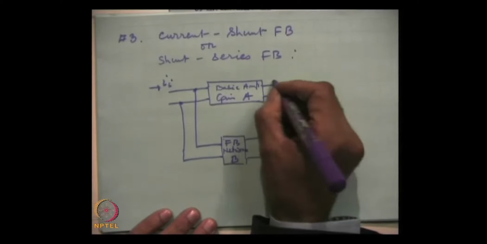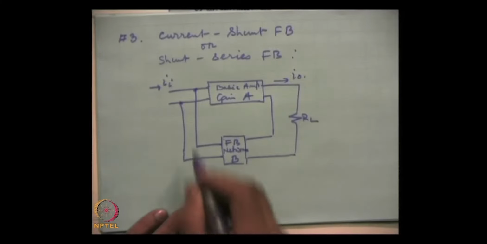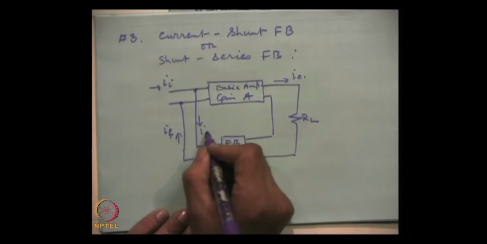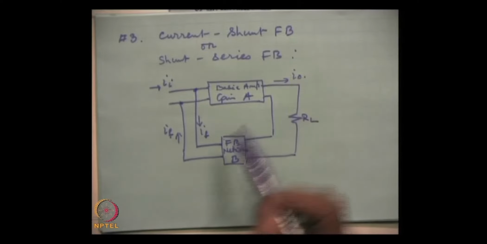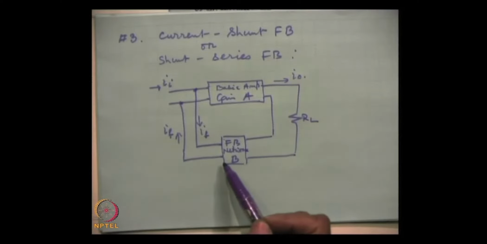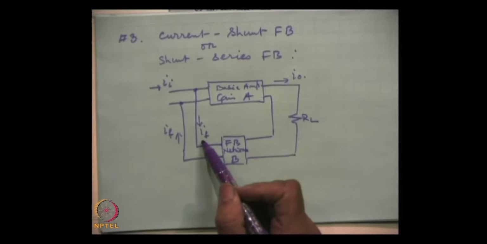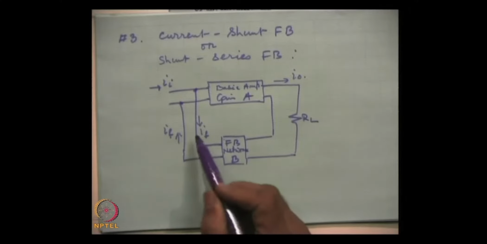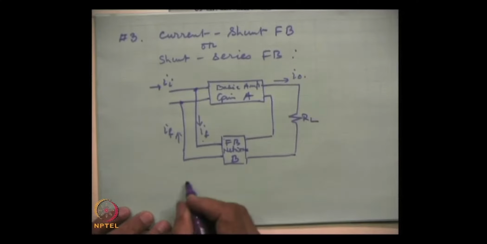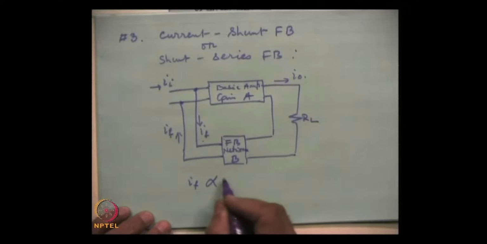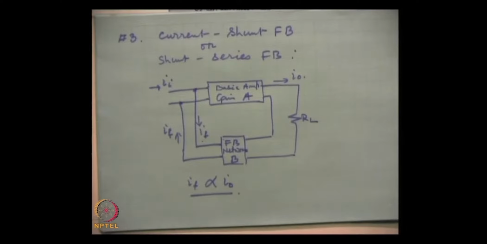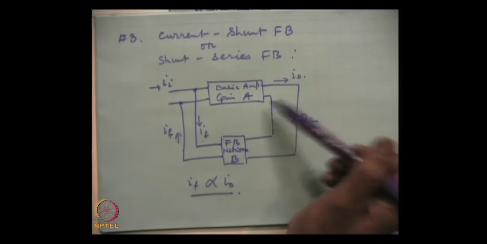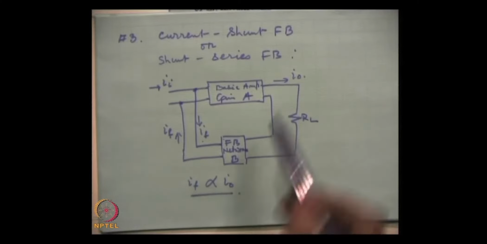Now, I 0 sends current IF. Here we are feeding back the current IF, which is the outcome that goes from the feedback network. IF varies in proportion to I 0, so we are sampling, actually feeding back, a fraction of the output current,